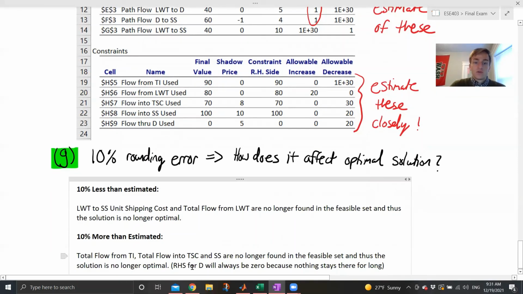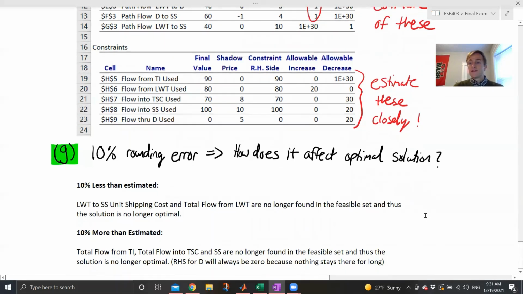I mean, also the flow through D has an allowable increase of 0. However, D is not going to change. The right-hand side will always be 0 for D because it's our distribution center. It doesn't produce anything. And so that leads us to the end of my